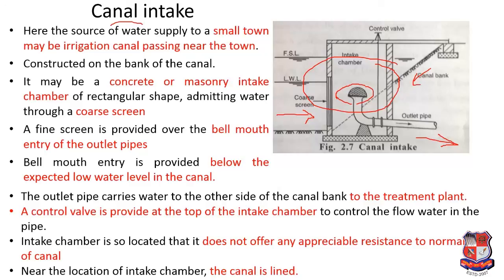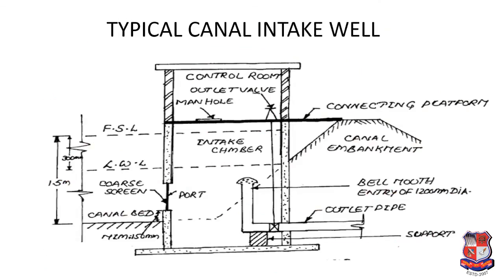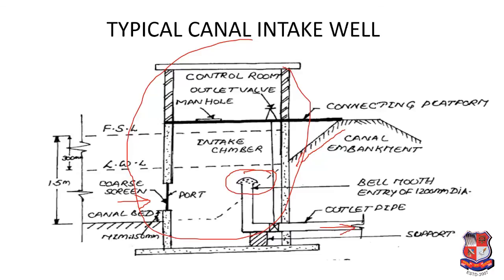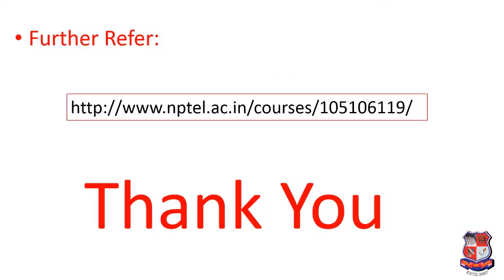So in the exam, you can draw this kind of typical canal intake with the canal embankment, within which you can draw this rectangular structure provided with the pore screen to avoid the entry of large floating impurities. This is the bell mouth entry, provided with this outlet pipe, which is called the withdrawal conduit. If you want to read further and in detail about the intake